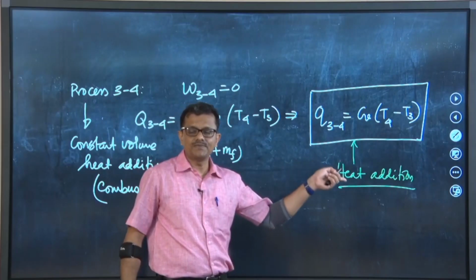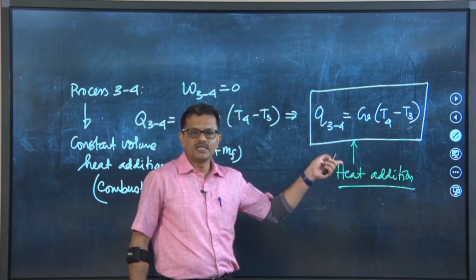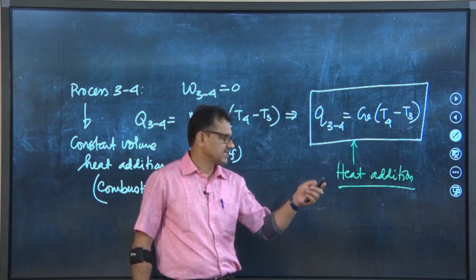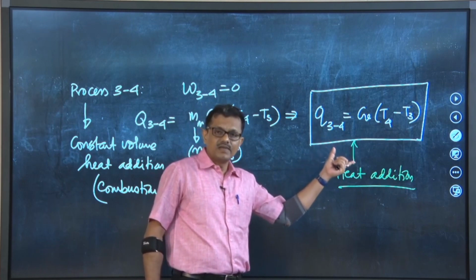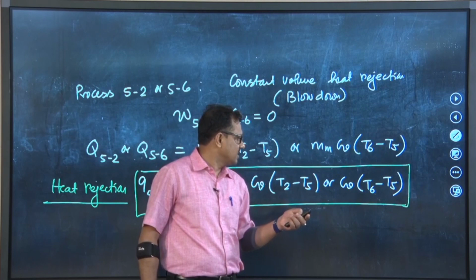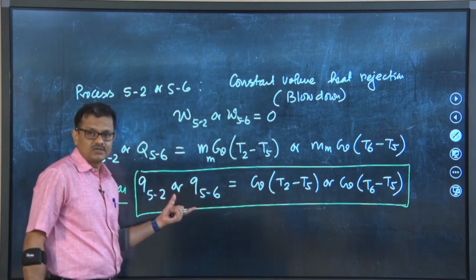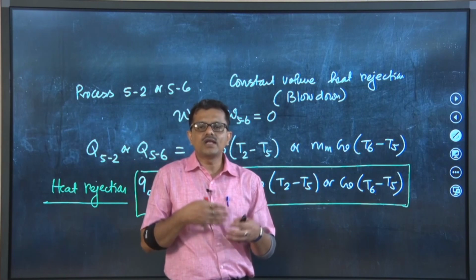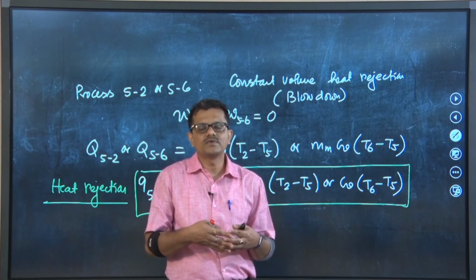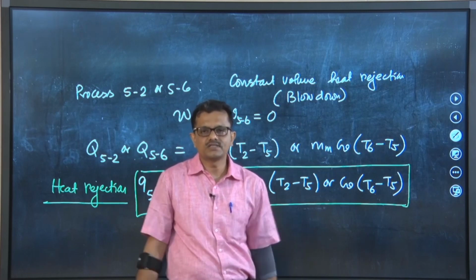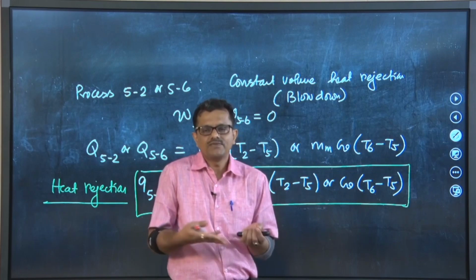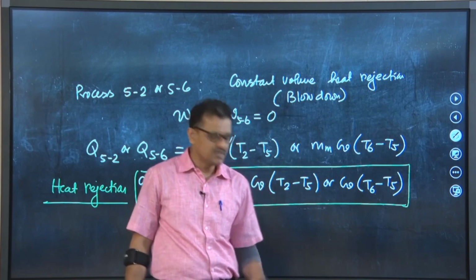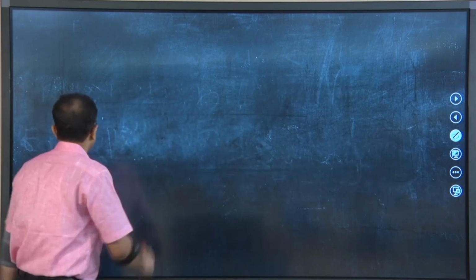So, we are supplying this heat to the cycle through the combustion and we are supplying fuel, right. While out of this heat being supplied to the cycle, you can understand this amount of heat is going to be rejected. So, this is not the useful heat. So, you can understand that we are not able to utilize the heat totally. So, the certain amount of work that we will be getting from this process is not equal to the input energy. So, definitely we can define the thermal or thermodynamic efficiency of the cycle. So, if we write the thermodynamic efficiency of the cycle or thermal efficiency of the Otto cycle,